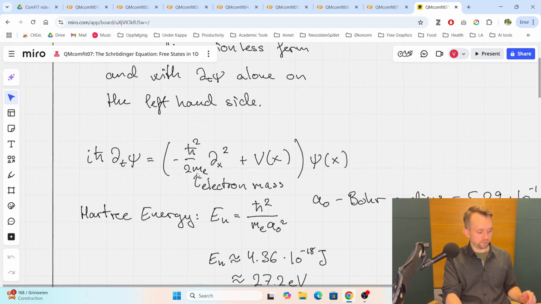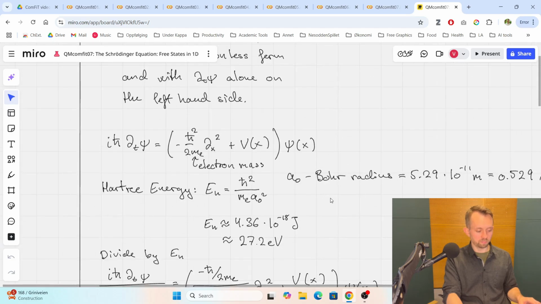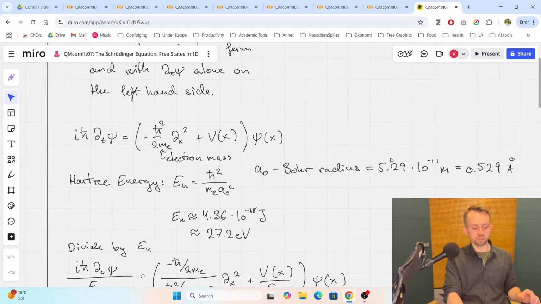So h bar is here, me I'm going to take as the electron mass in this case, and then V times psi. Now, the way to make this dimensionless is to introduce these combinations of parameters that will allow us to write the equation in a form which is dimensionless, as I've told you. So we introduce the Hartree energy, which is h bar squared over me a0 squared, where a0 is the Bohr radius, which is around